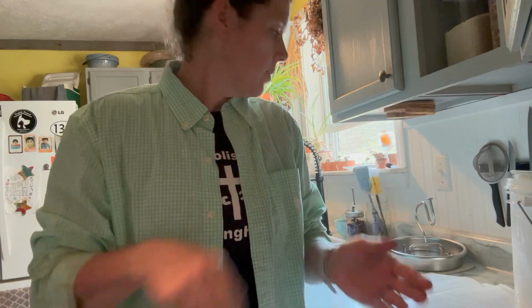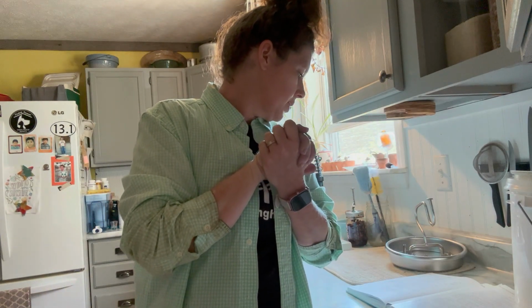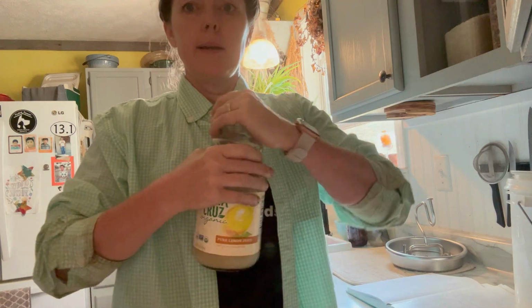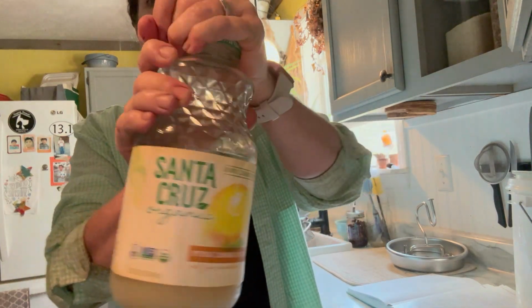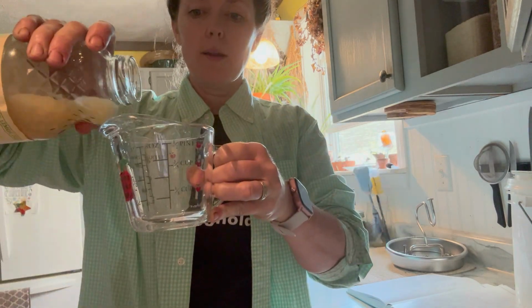And then we're gonna go with, let's see, 1/4 cup of lemon juice. Because they're sweet, we're supposed to use a 1/3 cup, so I am gonna get a 1/3 cup though. All right, got the measuring cup, set that aside. I buy this one, it's an organic lemon juice, and it just has lemon juice in it. That's it, so that's good. All right, a 1/3